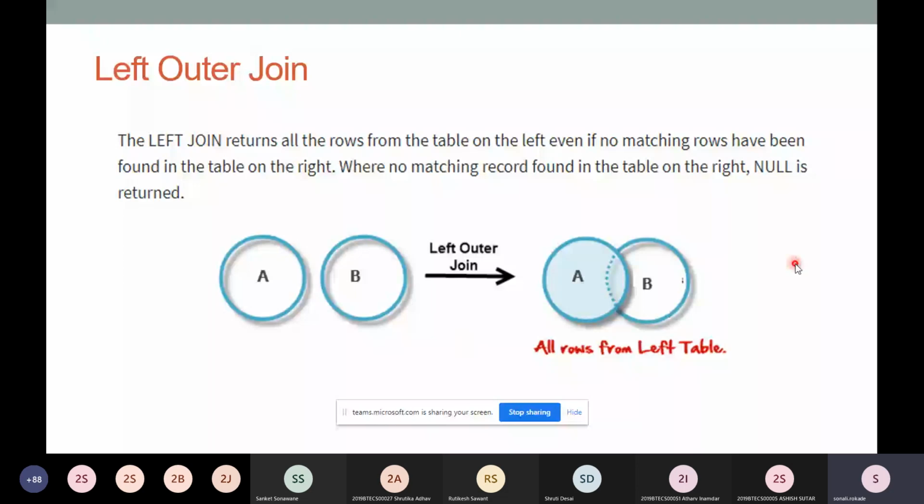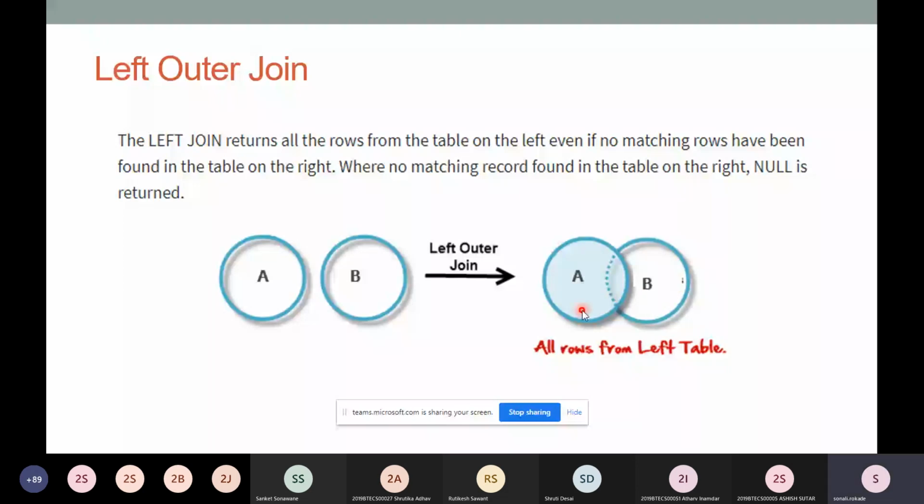A is one table, B is another table, and if we perform a left outer join with our query, they will get connected with a particular set of values. They are common in both. But in left outer join, only the data present on the left side will get displayed as the output of this command, and it will follow the rule. If this table has some data but it is not matching with the data available here, it will return null, and all the data from the left side will get displayed on our screen. This is the left outer join.